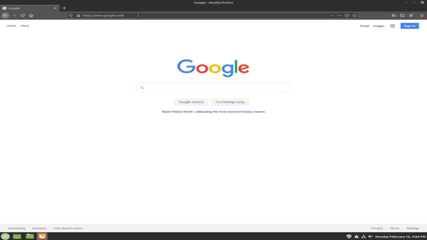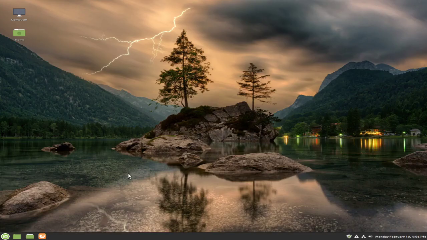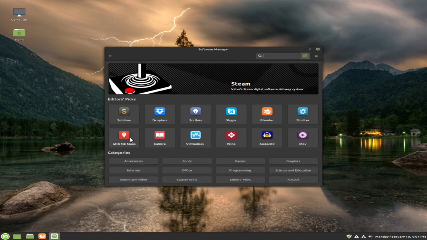Now you can go and try to download applications if you want to see if they're available for Linux. A .deb file is what I would recommend. It's just like a .exe file. It just runs an installer for you. Let's get that Software Manager open. I didn't give this virtual computer very much power, so it's just chugging a little slow right now. There we go.